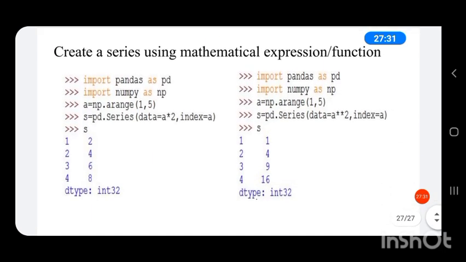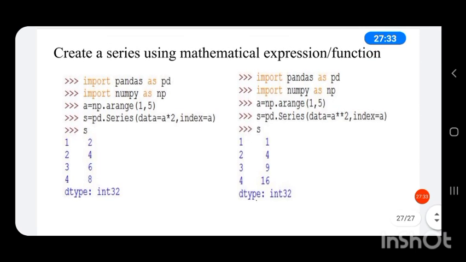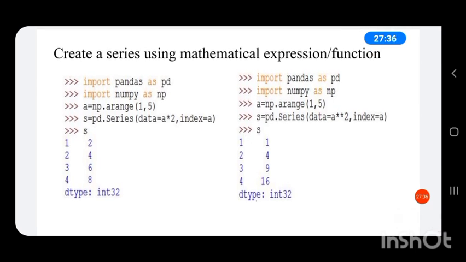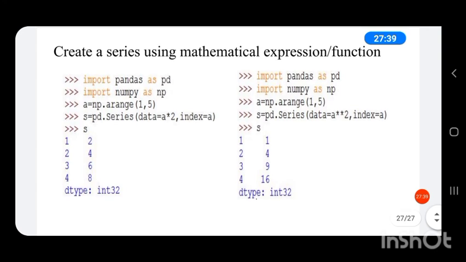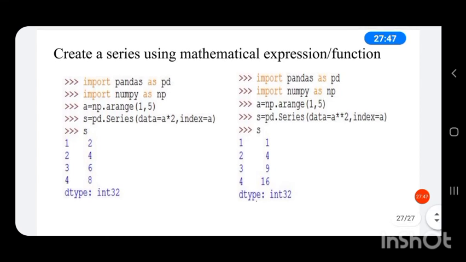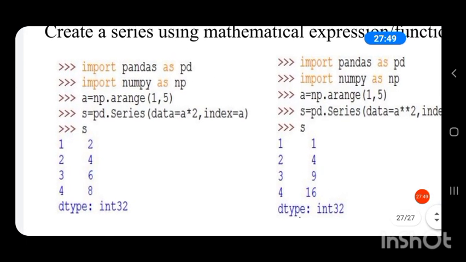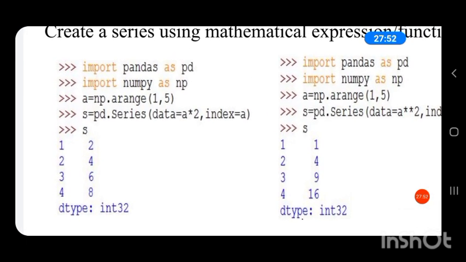Now we can create a series using mathematical expressions and functions. All the mathematical expressions like arithmetic expressions can be used to create a series. So consider the first one. Import pandas as pd. Import numpy as np, because we are creating a one dimensional array with values 1 to 5 minus 1, that is 1 to 4.